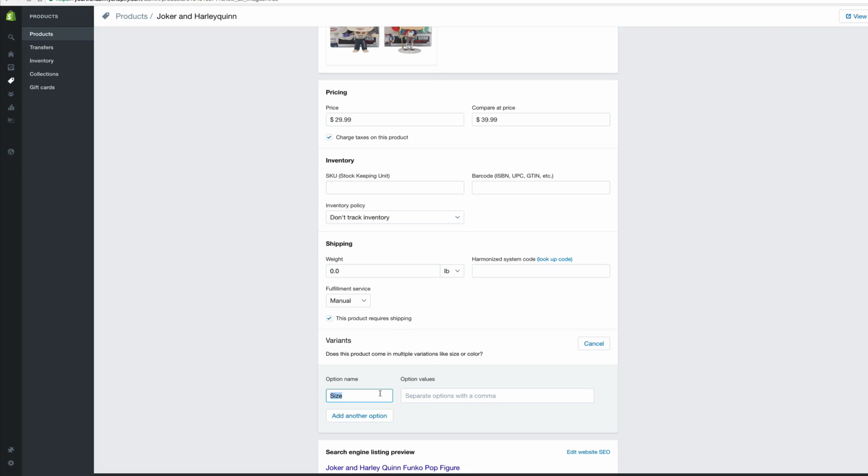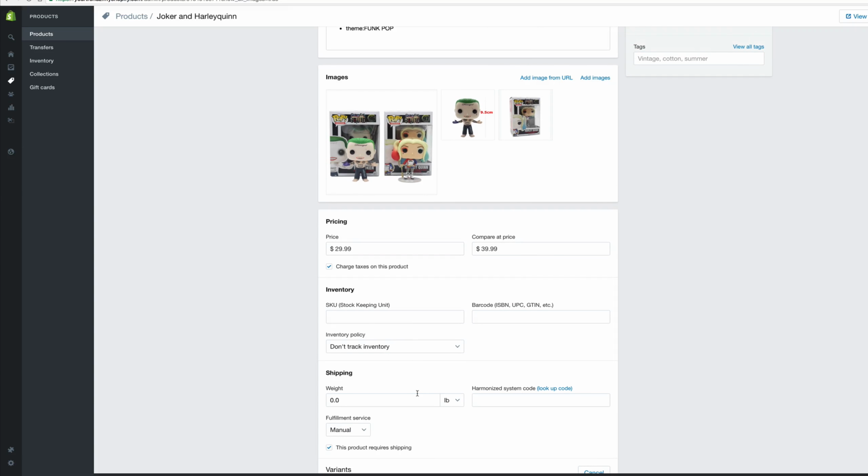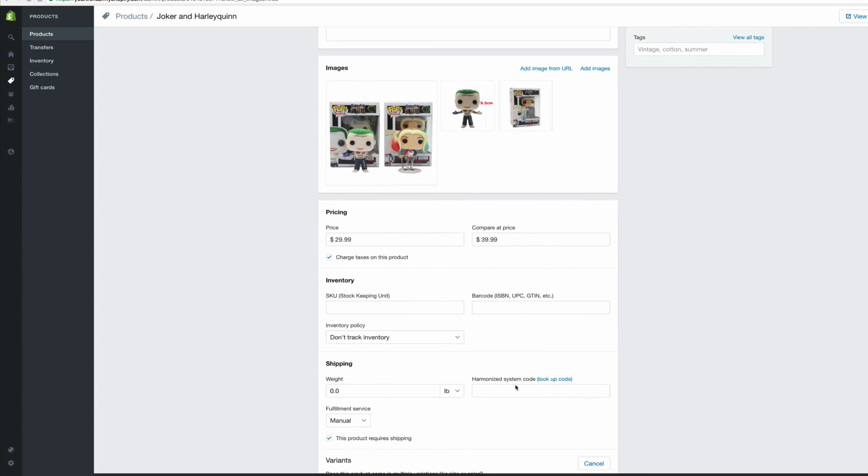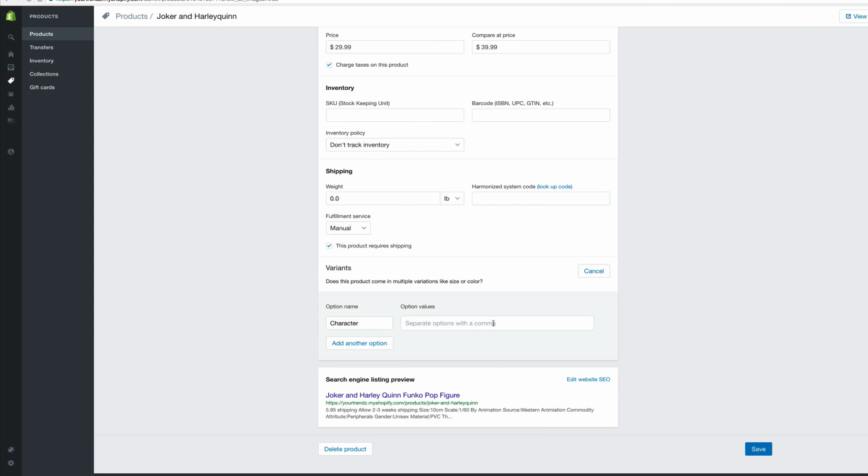All right, and so you're going to choose Character. Now, one thing with doing this manually is that you could create a bundle. So if somebody was to get this item, instead of paying for extra shipping, because they're going to pay $4.95 for each one of these, well, you can make it worth $4.95 for each one of them, or they could just pay one shipping price, and you can create your own deal. So because you're getting it for about $11,